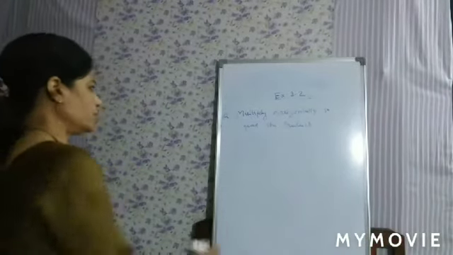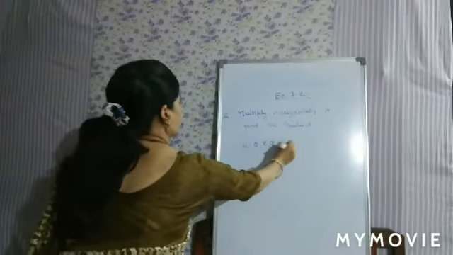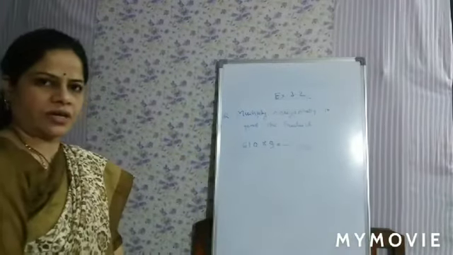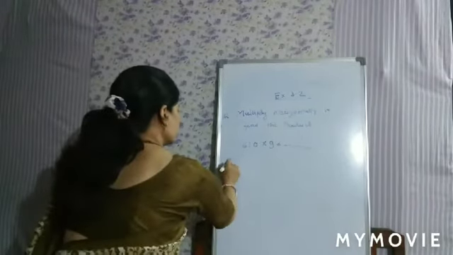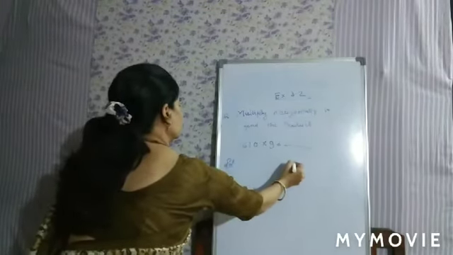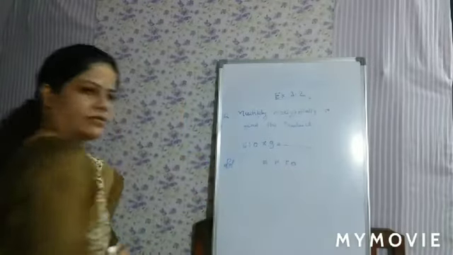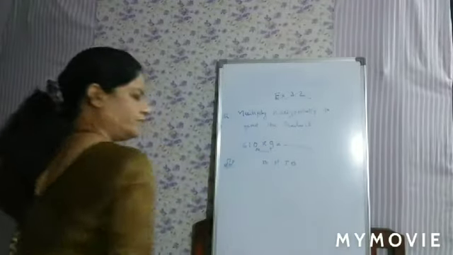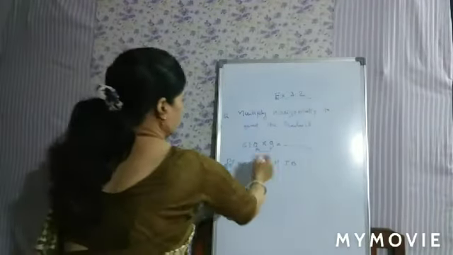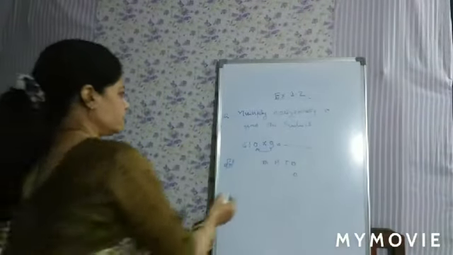Next multiplication is 610 into 9. Okay, you have to multiply horizontally. So first you will write the places up to 1000: ones, tens, hundreds, thousands. Now multiply 9 and 0. 9 zeros are 0. Write 0 in ones place.